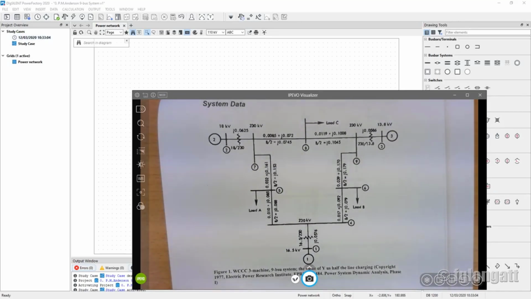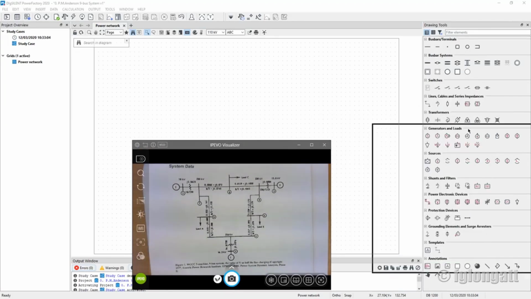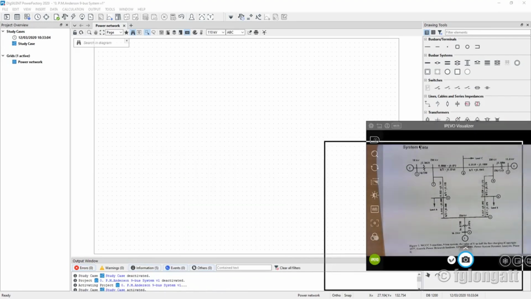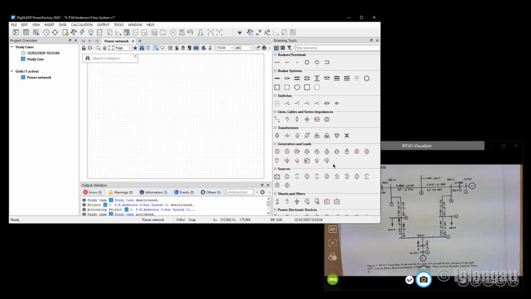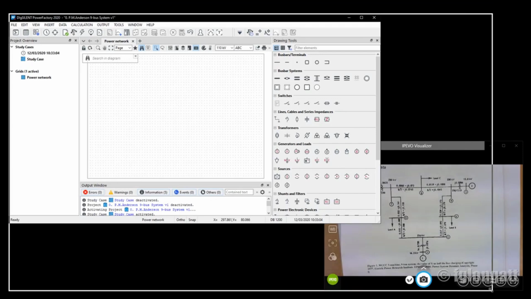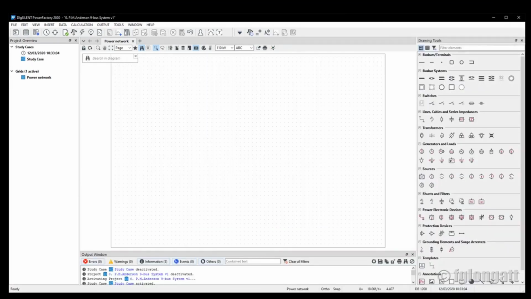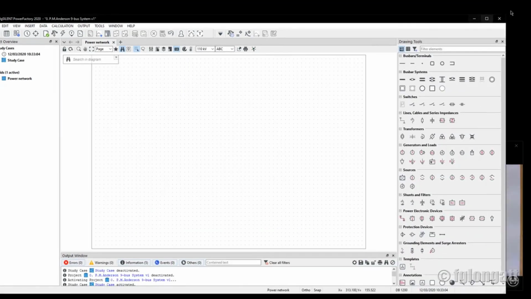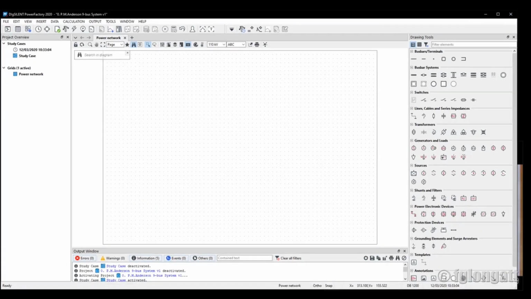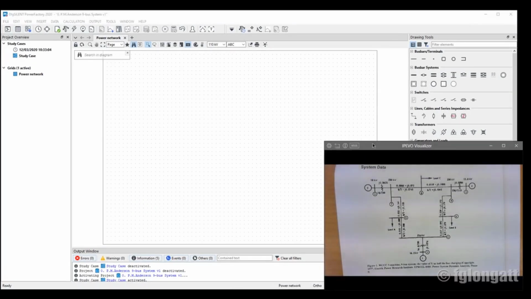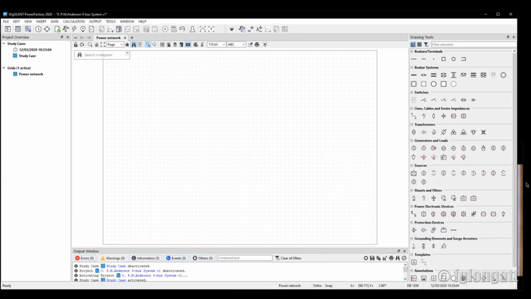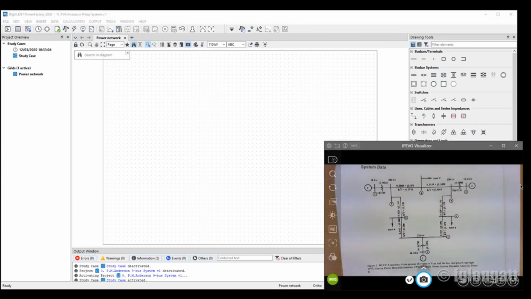What I will do is reduce the size of this a bit. Let me try to reduce the size, and I will try to keep this here. And let me try to do this. Okay. Now I need